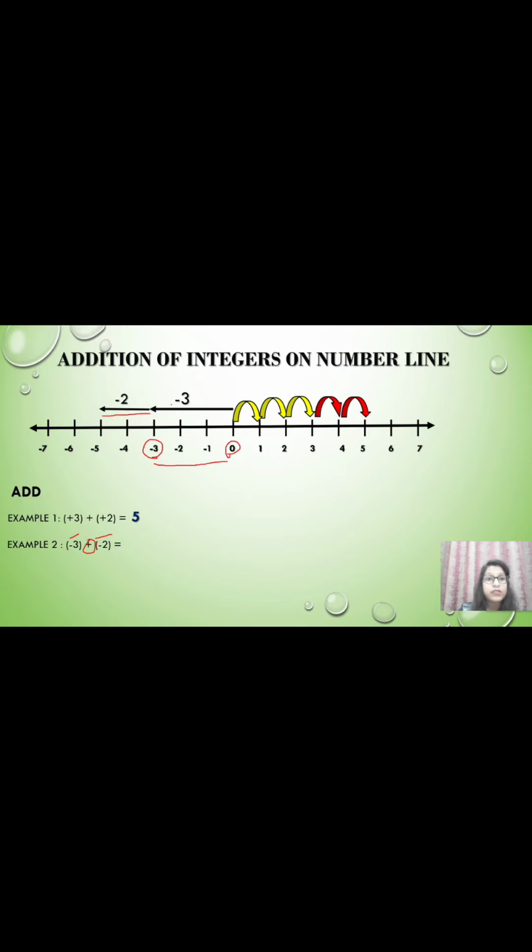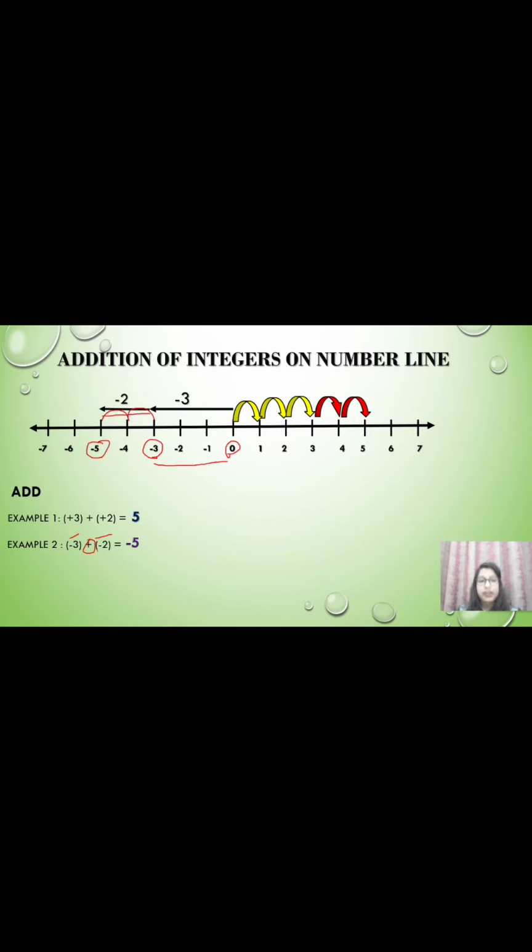So if I move towards the left direction up to minus 3 and then again minus 2, that means we have again left direction में जाना है माइनस 2 के लिए, तो मुझे 2 पॉइंट्स और मूव करना है. 1 पॉइंट ये हो गया माइनस 3 से एंड सेकेंड पॉइंट ये हो गया माइनस 3 से. तो मैं कहाँ पर आ गई? We will have reached at minus 5. So if I add 2 negative integers, that is minus 3 and minus 2, our answer will be minus 5.